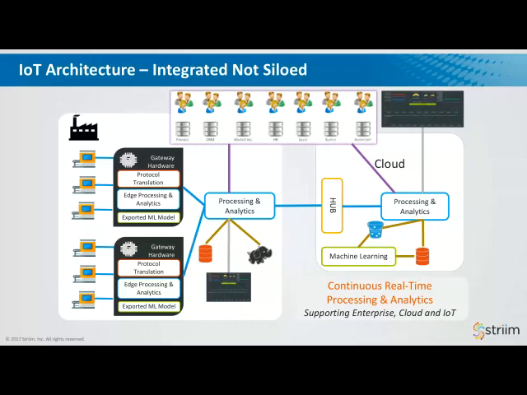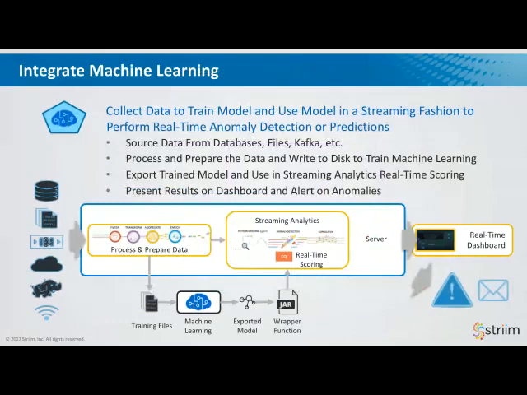I mentioned machine learning. The way that you really integrate machine learning is that you need to be able to work with data, first of all. So a lot of the machine learning algorithms are kind of sensitive and picky to the format of the data that you give it to train it. They tend to work best when you present all variables together in a single row, so that you can train the model based on the correlations and relationships between variables.